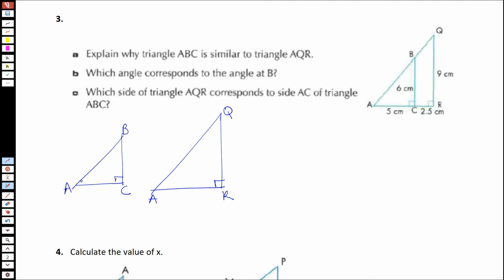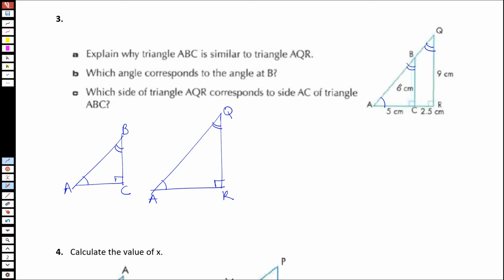Obviously, this angle here applies to both, so this angle will be equal to that. Another thing is this angle here will be the same as that, so those two angles will be equal. This angle here will be the same as that, because it's a right angle triangle. If you enlarge a right angle triangle, you'll end up with a right angle triangle. Anyway, so moving on,